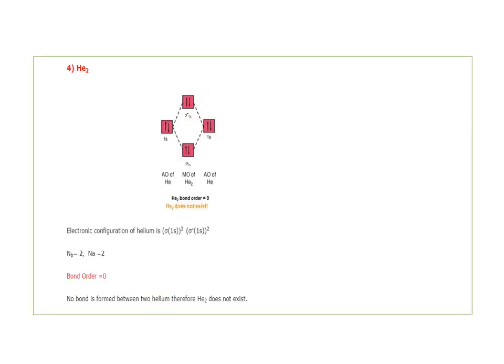Next example for helium molecule. Sometimes the question arises why He2 does not exist. This is also a back exercise question. It can be answered on the basis of molecular orbital theory, MOT. So atomic orbital of helium, it contains 1s2. So in molecular orbital, you have to distribute 4 electrons, 2 in the lower and 2 in the upper energy level, and bond order will turn out to be 0. You have to apply the formula of bond order. That's why it doesn't have any bond formation.